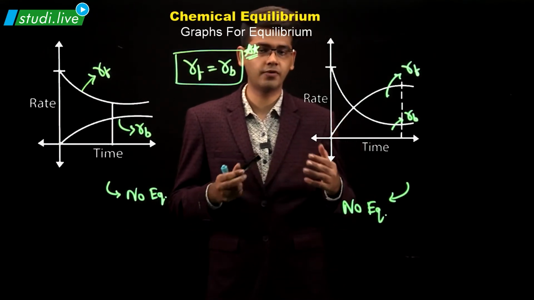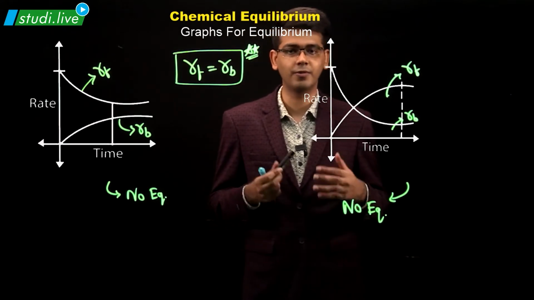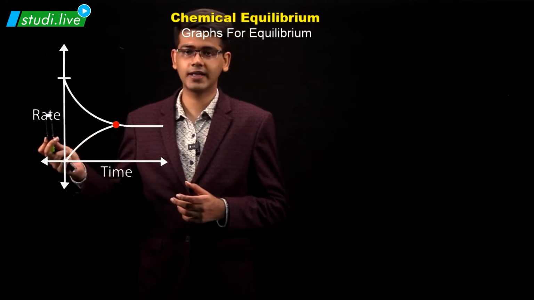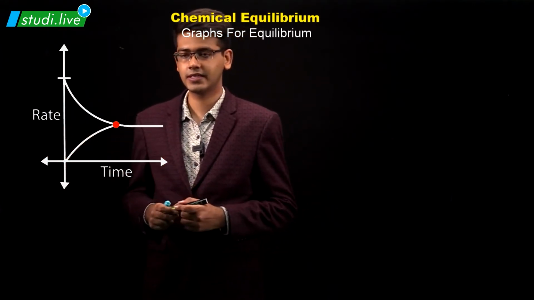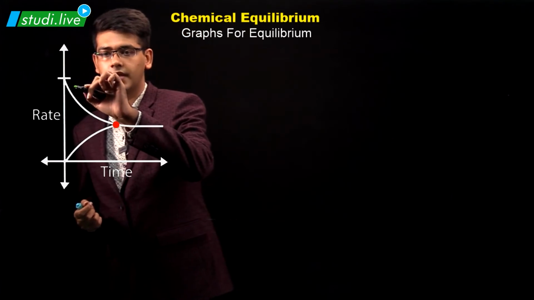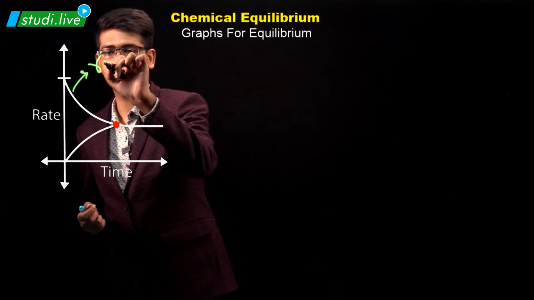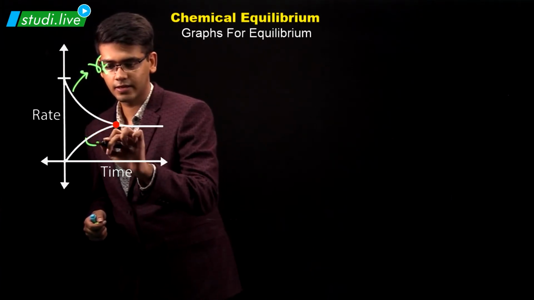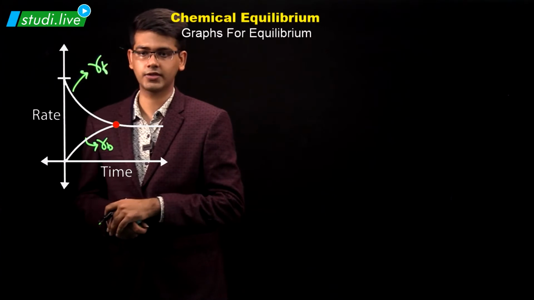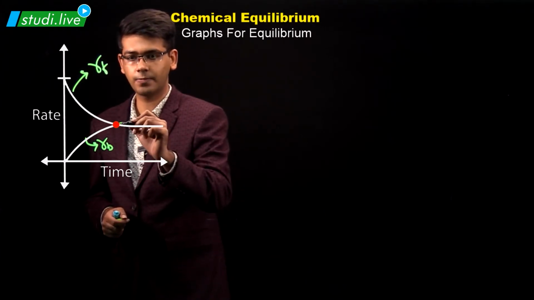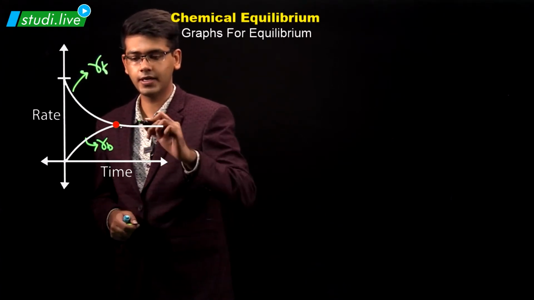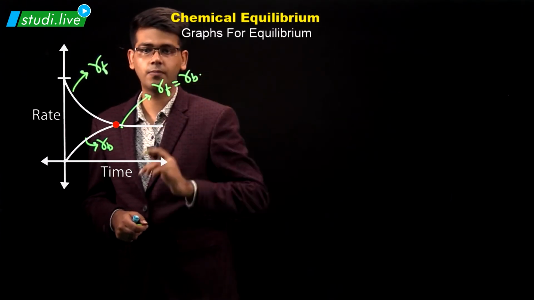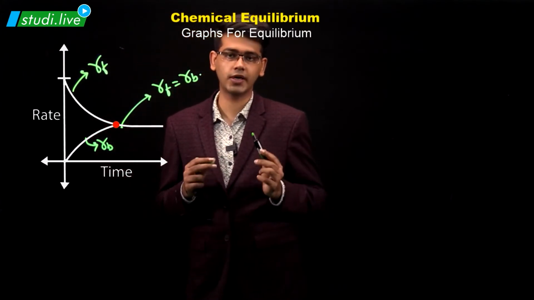Now, which type of graphs and how the graph will look for equilibrium we'll be looking at in the upcoming video. Now let us understand this graph first. So in this graph, again the graph is plotted for rate versus time. This upper particular line represents rate of forward reaction, and this bottom line represents rate of backward reaction. Now you can clearly see that at this particular point, the rate of forward reaction has become equal to rate of backward reaction, and that is also the important case for equilibrium.